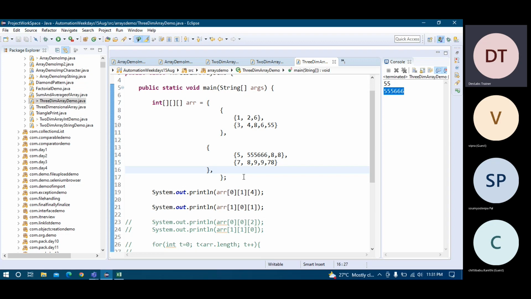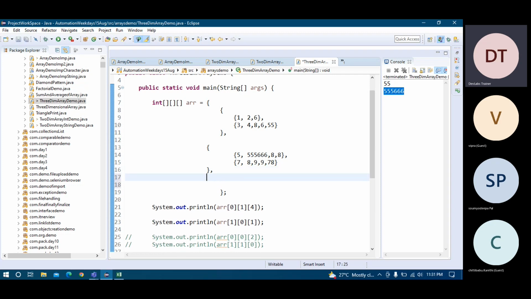Because 2-dimensional is also okay. Beyond that, no one uses it like that. But it's just a concept that you can think of like that. I think 3-dimensional should be okay. I have not seen more than 3-dimensional because how you will design it. So you think of a design pattern, then you have to use it this easy way.